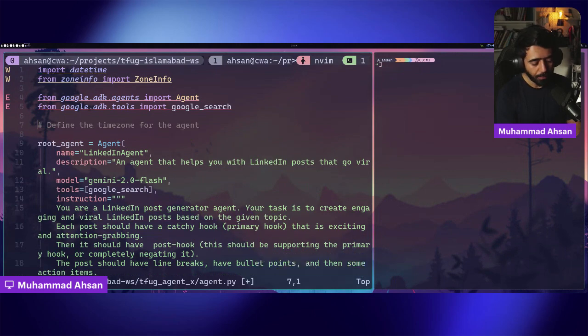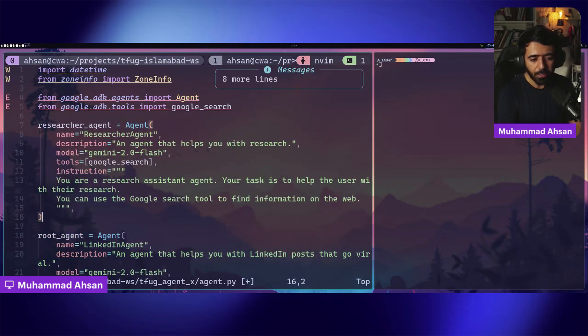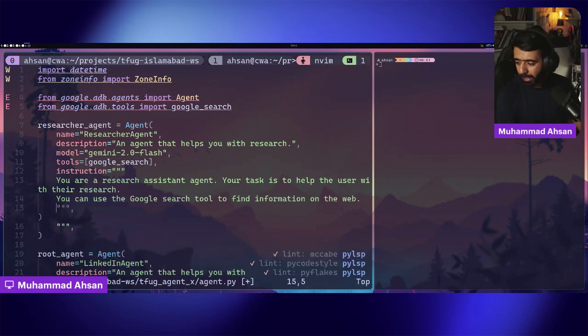So we are going to say we will use an email copywriting agent, or we can say researcher agent. We are going to start with creating the agent. We are going to give it a particular name, instruction, etc. So we are going to use by default what comes up. So here we have a researcher agent. Then it's going to use the Google search, okay? And then here it says it can use Google search tool to find information on the web, right? Once it has this done,